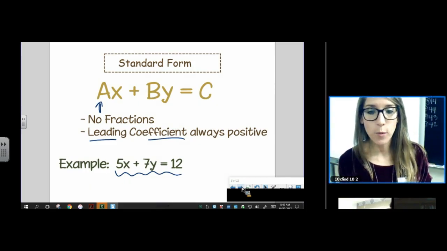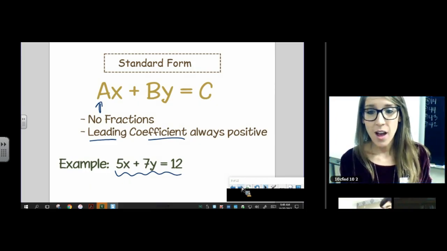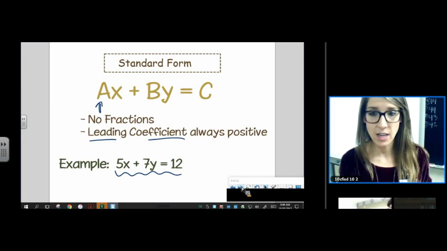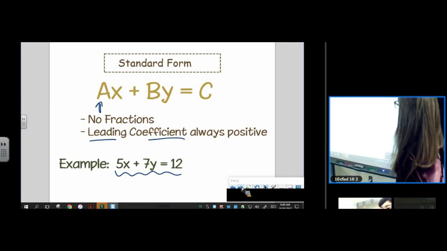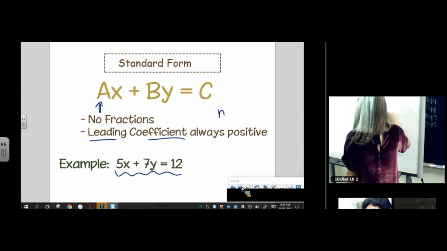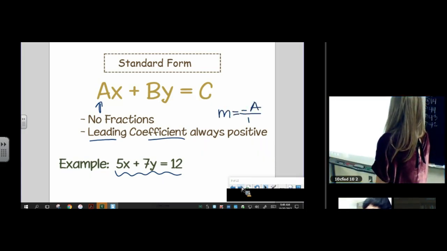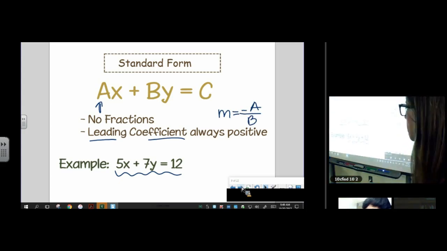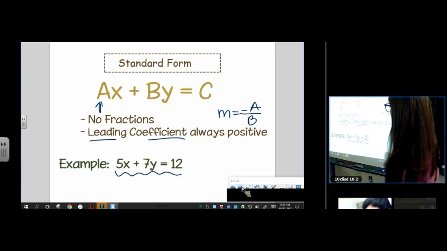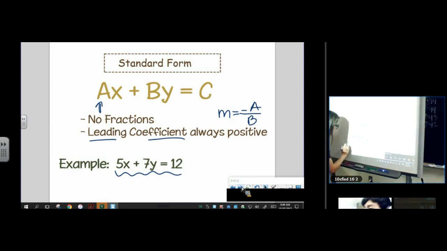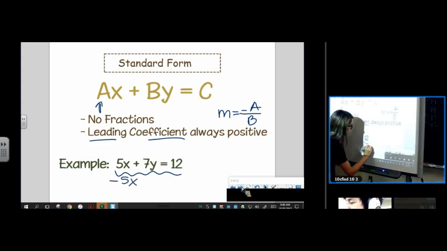So remember, if we want to find the slope of an equation in standard form, there's a little trick, and you can write this down to the side. The slope is always negative A over B. For example, if I were to show the work here and try to find the slope here,